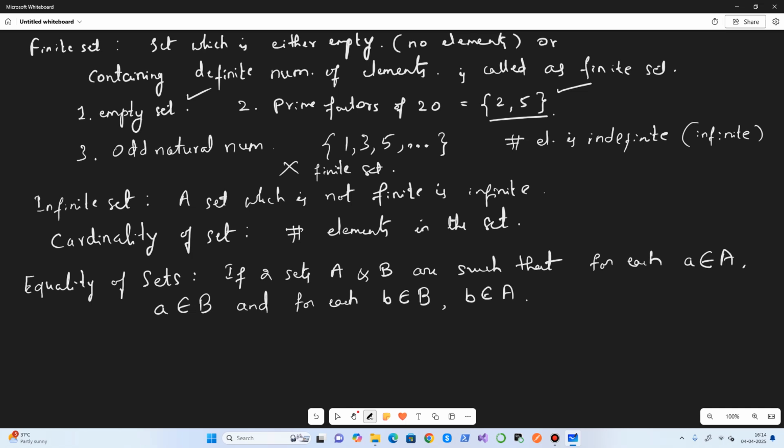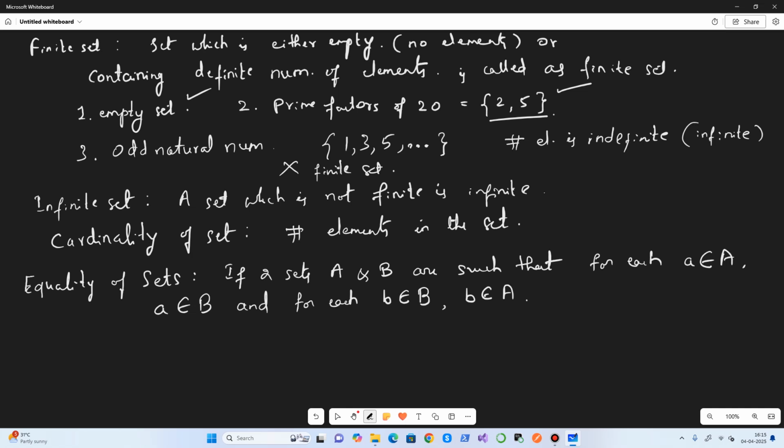What it means is, if A and B have to be equal, then each element in A has to be present in B, and vice versa. Each element in B has to be present in A. That's what this means. The first condition says every element in A has to belong to B as well, and also every element in B has to belong to A. This is the definition.